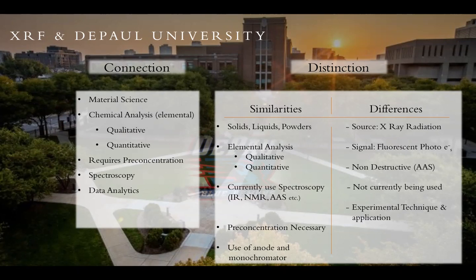But where does it differ? Here are sources of X-ray. Our signal is fluorescent photoelectrons and the qualification and quantification of those. It is a non-destructive process, unlike atomic absorption spectroscopy. It's not currently being used at DePaul, and the experimental technique and applications of X-ray fluorescent spectroscopy are different, which is why I think it would be good to have this tool